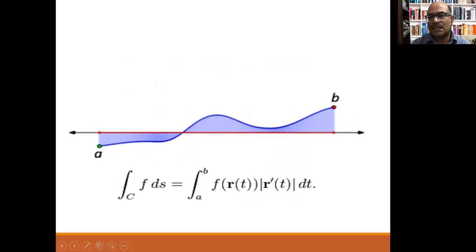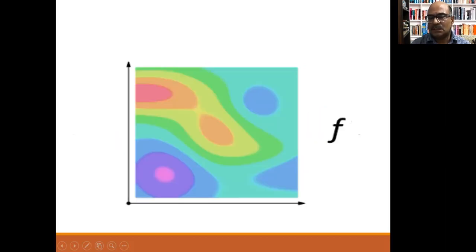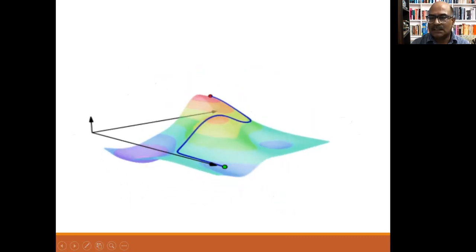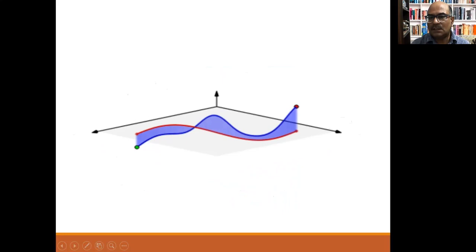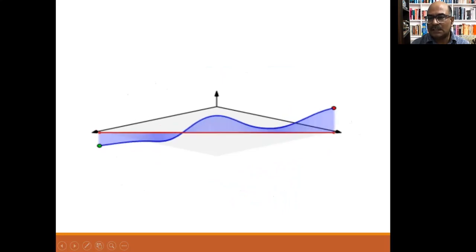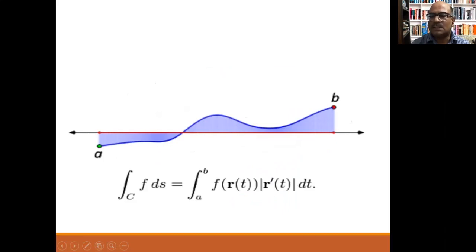So again I am playing this. If you can see, kindly consider this. This is the region in the xy plane. f is the function, and this is the path A to B we are going to have. So along this path we have to take the line integral, but you can see the surface is having certain things accordingly, and we will have the curve accordingly with that surface with this red line, and then there is the area enclosed. This area enclosed is given by this integral f ds.